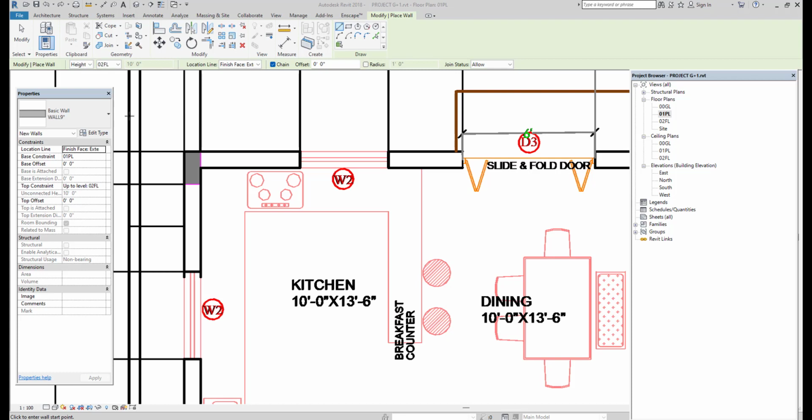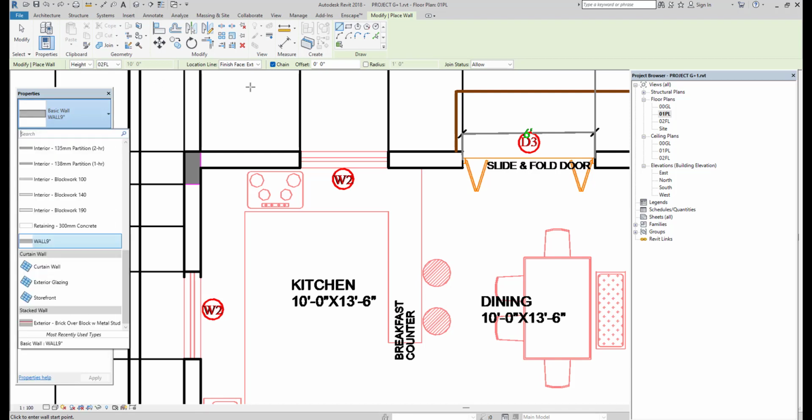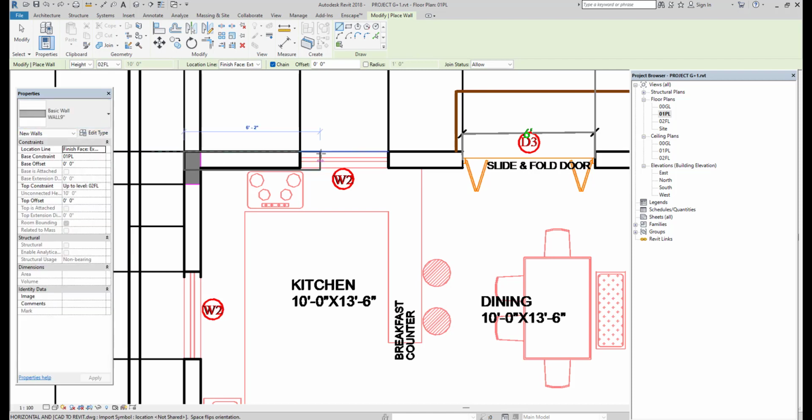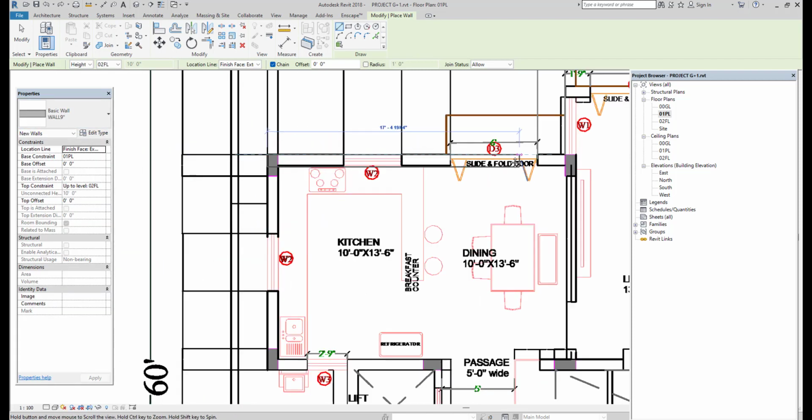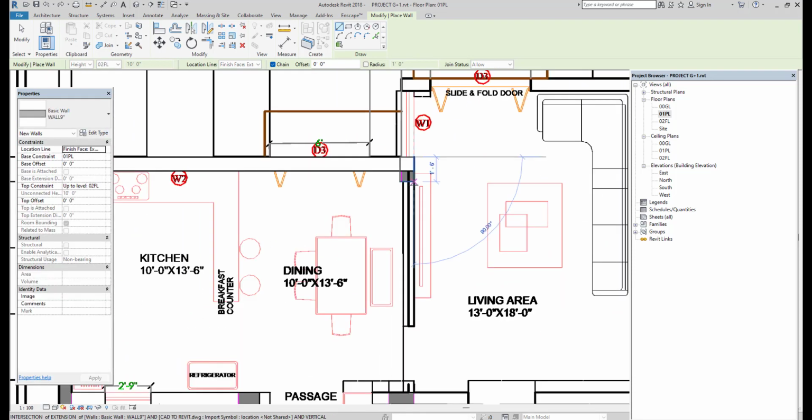According to the project requirement, I created a wall, that is a basic wall. You can see in the property bar about 9 inch. So I am using that wall, and just make sure the wall height is 10 feet, or else you can go with the constraint of the wall. And then I am starting from this point and just go on continuing the work. End it.